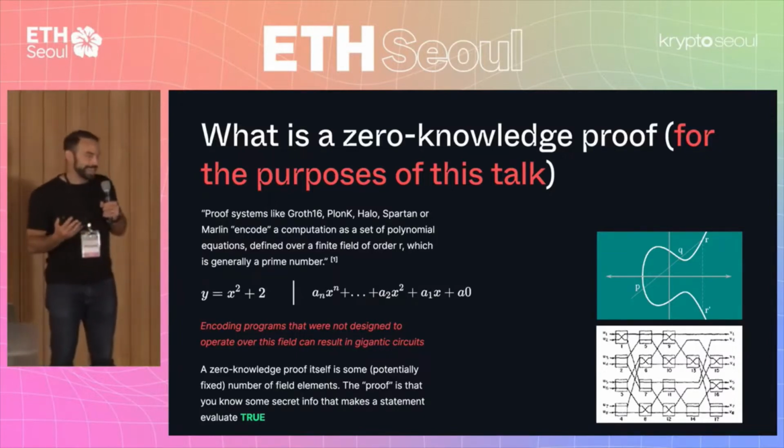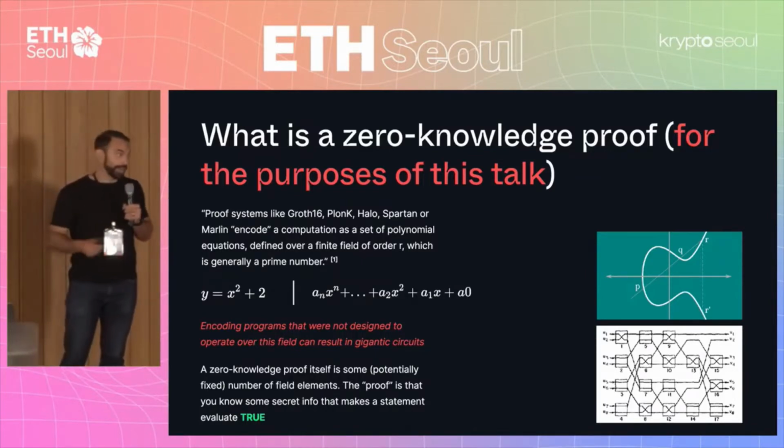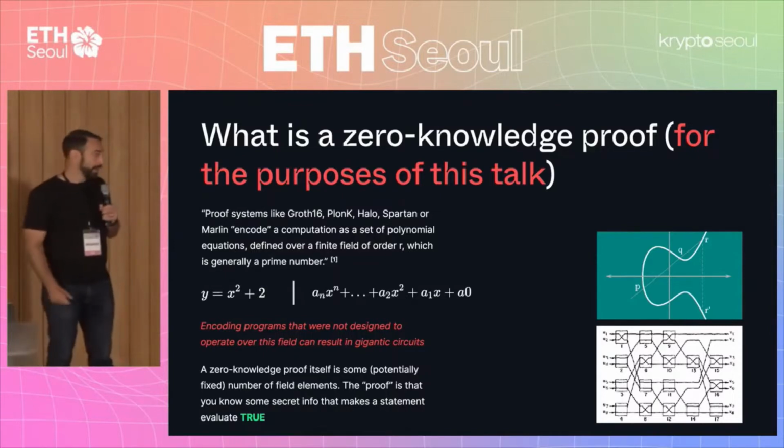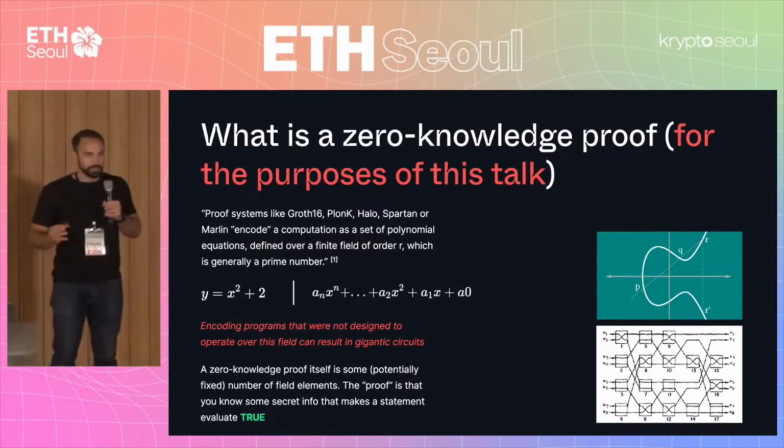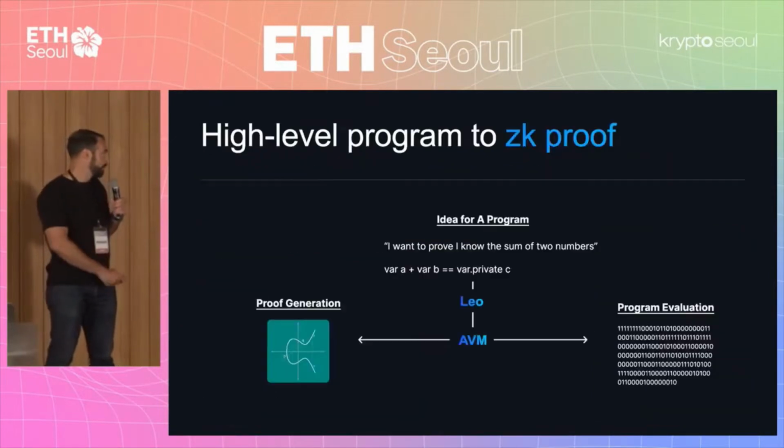In fact, there is already some research that shows you can build effectively a CPU inside of a zero-knowledge proof. It's called TinyRAM. I highly encourage everyone to look it up. And basically, roughly speaking, the blow-up factor of any program is 10,000x in terms of the number of constraints, as opposed to if you just implement the program step by step.